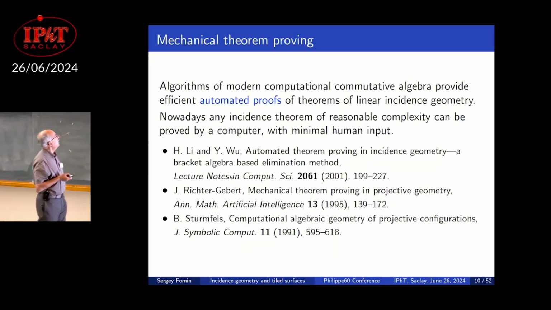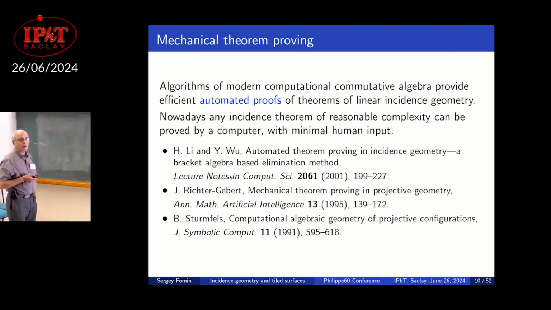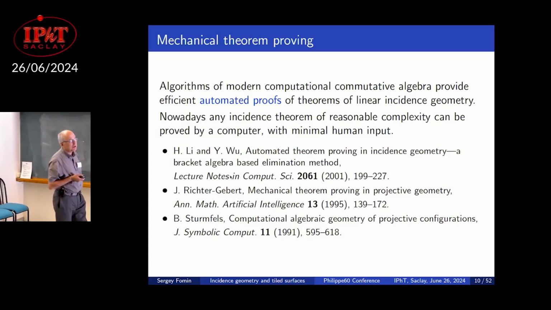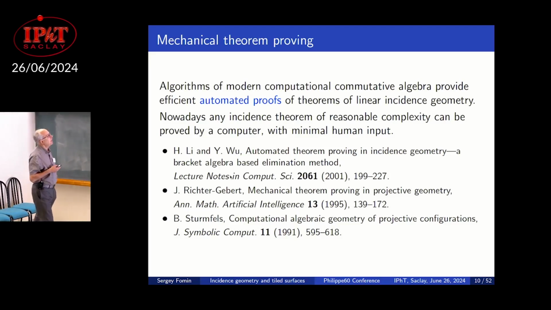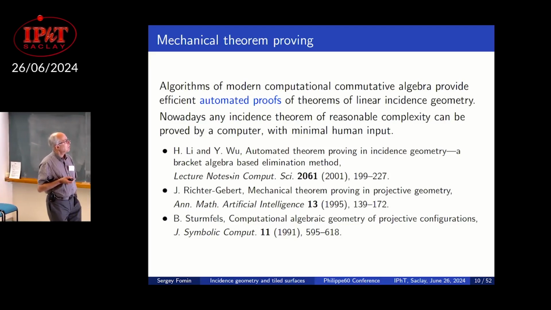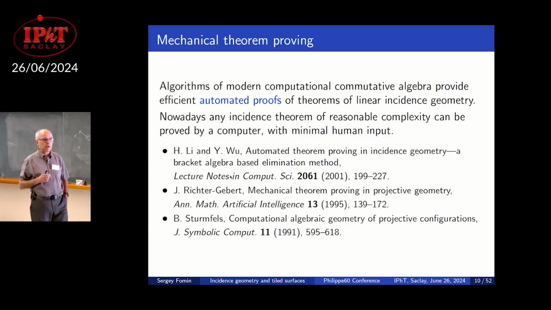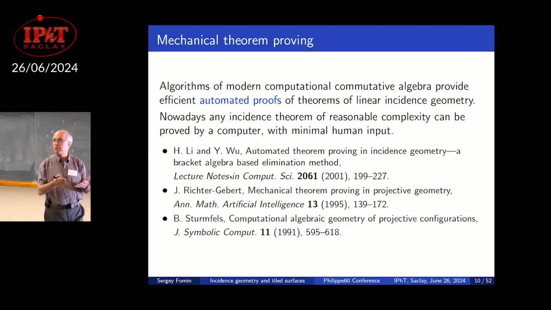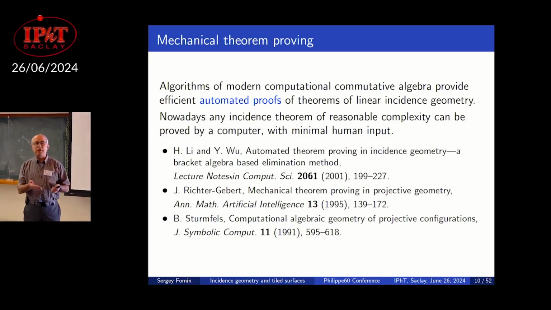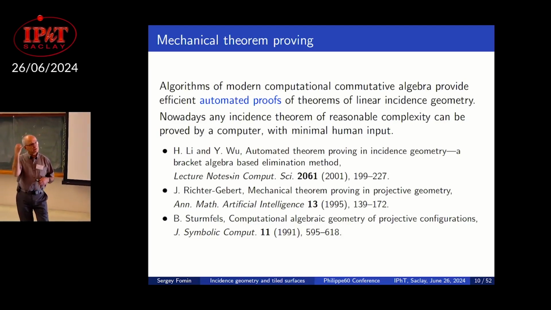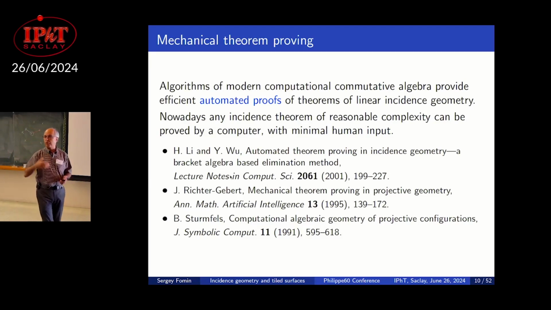On the bright side, the development of efficient commutative algebra packages based on Gröbner basis technology provided efficient automated proofs of all such theorems. If I bring you on a silver platter a theorem like Pappus or Desargues or something more complicated, you can just input that theorem into existing software, and that software will spin its wheels, and in a few milliseconds you will get back a formal proof of that theorem, or maybe a disproof if it's not true, and the proof will even be human readable.